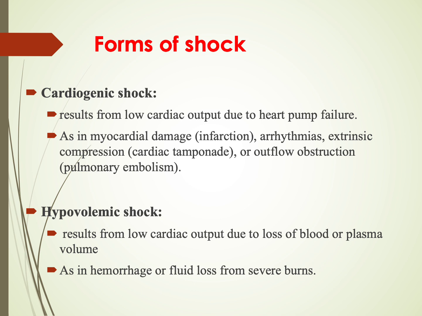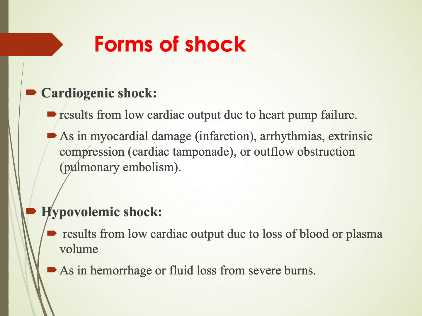From the definition, shock is either caused by decreased cardiac output or decreased effective circulatory blood volume, right? So it may complicate severe hemorrhage or extensive trauma or burn. For example, it may also complicate myocardial infarction, pulmonary embolism, and also microbial sepsis. So the causes of shock fall into three general categories. Each one shows a different cause, but it will result in decreased cardiac output. We classify shock into three forms: cardiogenic shock, hypovolemic shock, and septic shock. The three will result in decreased cardiac output.